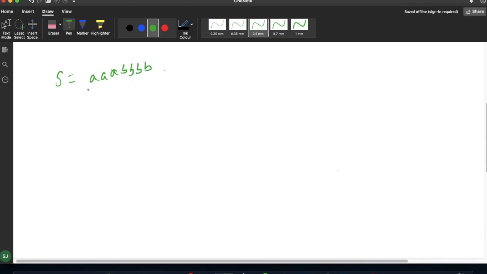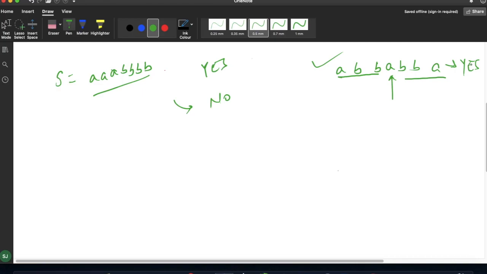and B. They are saying that from the given sample string, if we are able to make a palindrome then we will simply print yes, otherwise our output will be no. For example, if I arrange this given string in this way, you can see here from the left side I am getting A, B, B, and from the right side I am getting A, B, B, and this is my middle one. So we are able to make the palindrome. So here my answer will be yes. If you are not able to make a palindrome, then we have to simply print no.